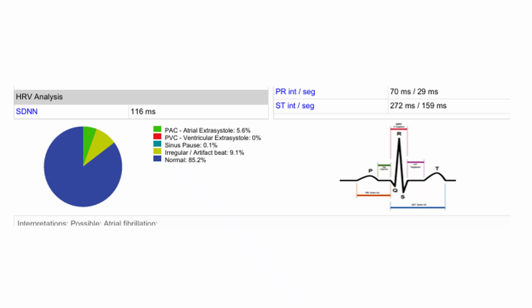So this was the summary of the EKG we did while he was doing the autonomic nervous system testing, and you can just kind of see, he was 85% normal, but 9% were irregular, and then 5.5% were extra systolic. So he has irregular heartbeats, and he has extra atrial heartbeats. So basically, his entire heart is not pumping well. And so, again, this would be something that would be a concern as to why.